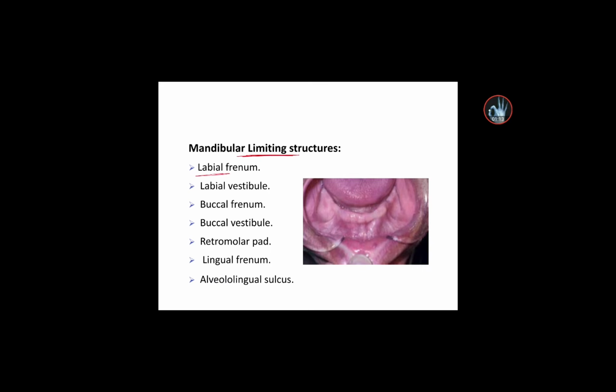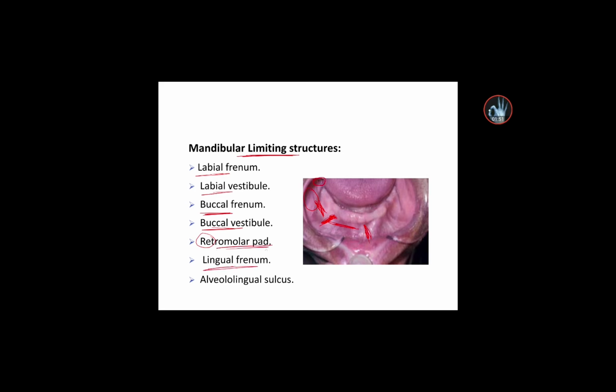Labial frenum, which is here, labial frenum, and labial vestibule, this is the labial vestibule. Buccal frenum, this is the buccal frenum، الحاجة اللي طالعة هنا كذا، يعني قطعة موصلة بين الفك والشفة والخدود يعني. This is the buccal frenum, and this is the buccal vestibule, and this is the retromolar bed. Sorry, this is the buccal shelf. This is the retromolar bed,